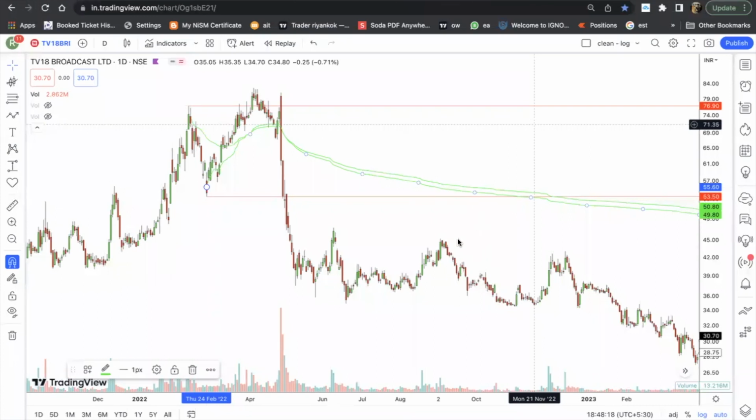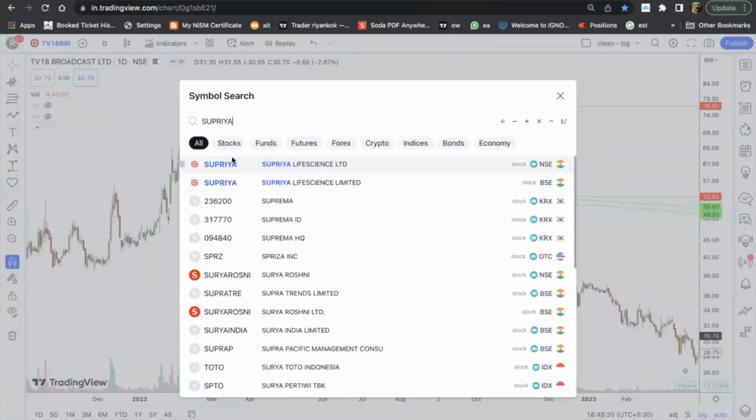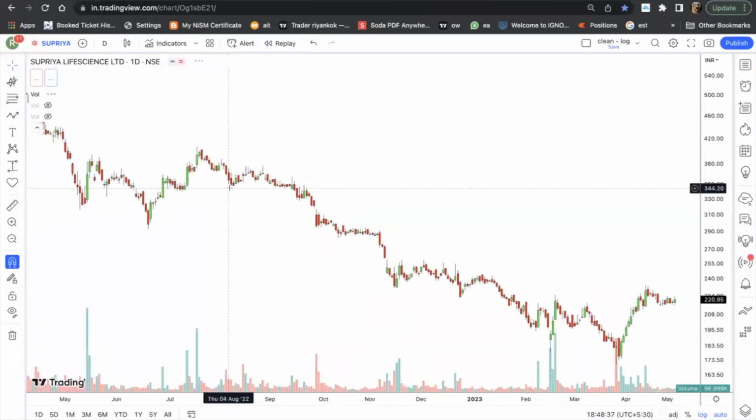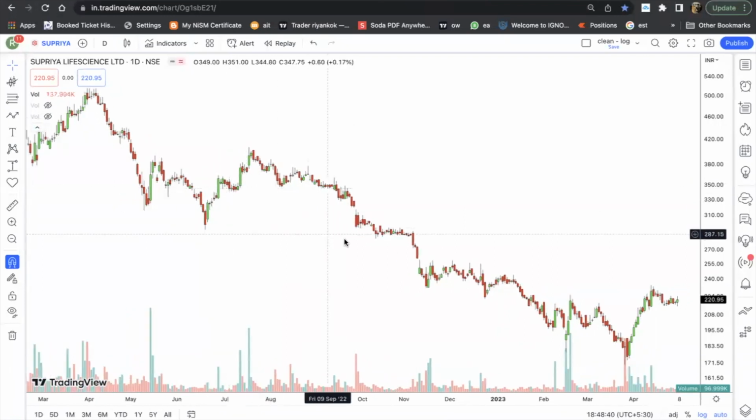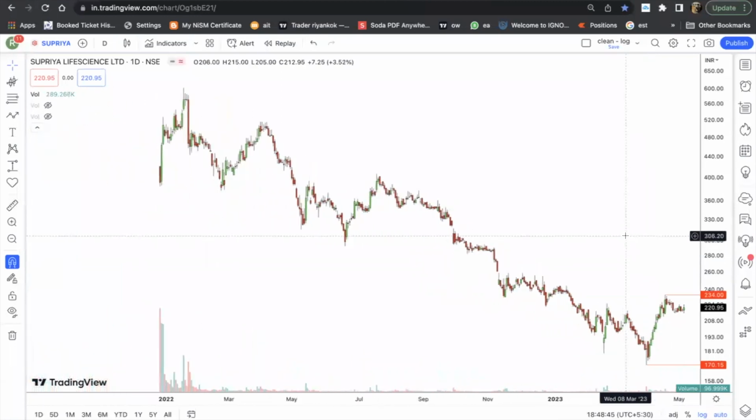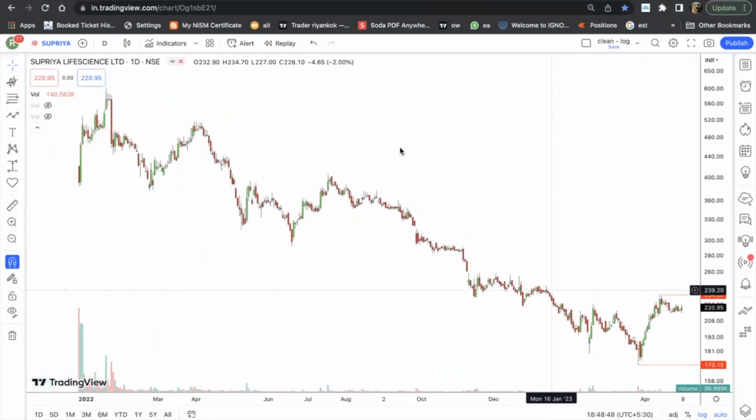Hi, Rashmi. I just want to know about Supriya Life Sciences. The IPO came in 2022. We are not talking about stocks here, Rashmi. I just want to understand if it is qualifying for an ABC pattern right now. Oh, okay. Let me have a look then. No, it is not qualifying for an ABC right now. You can see the A point is being made here, the B point is being made here. But like I told you, the first ABC should be traded. So if the first ABC has happened back in the past somewhere, then it does not really need to be considered.